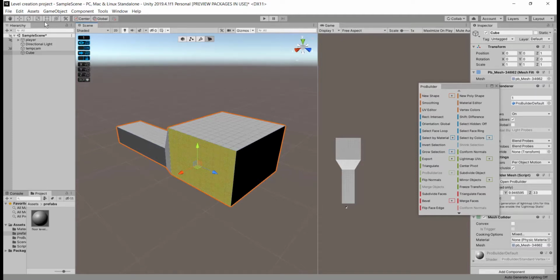So I am using the extrude command again to scale down this space to turn it into another separate corridor that starts from this face.